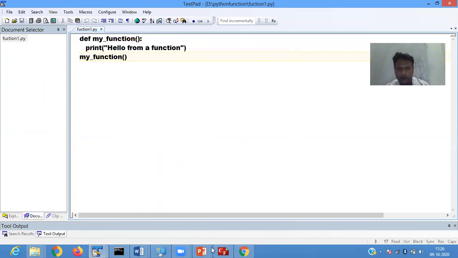Here we define a function. The function name is my_function. Now for calling the function, you directly call the function name, my_function. It is showing you hello from a function.